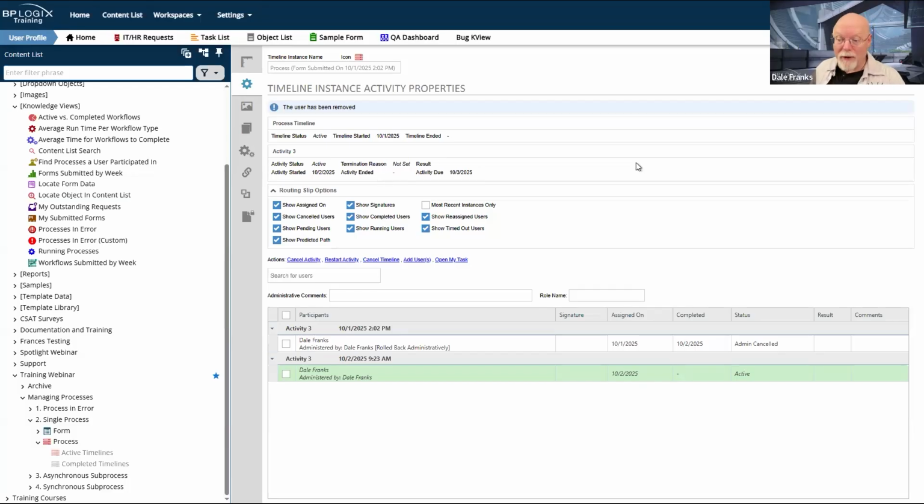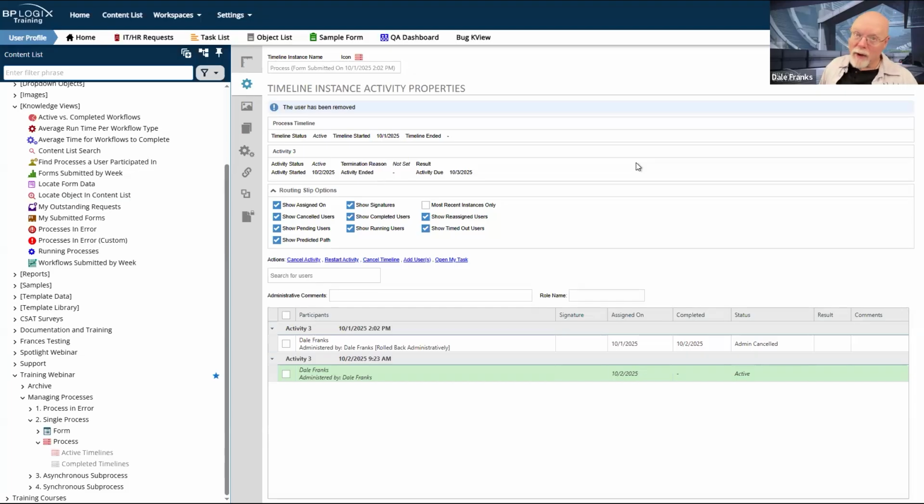So we often get a request that says, look, you've got to remove that result because that result throws everything all whack-a-doodle. So what we need to do is restart that activity and remove that user. When you remove that user and restart the activity, their old result goes away, vanishes into the ether, and now they're reassigned the new task when you restart it.